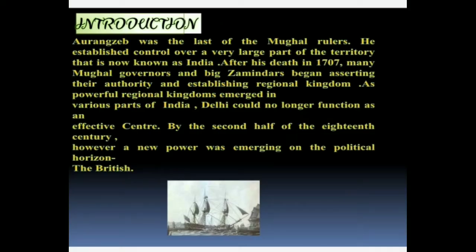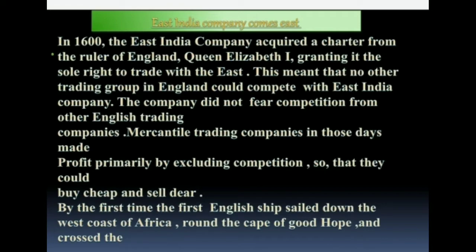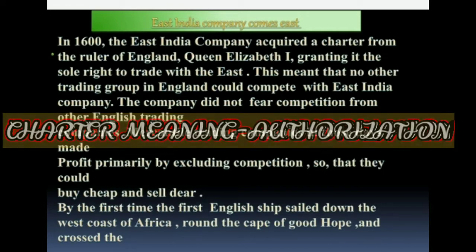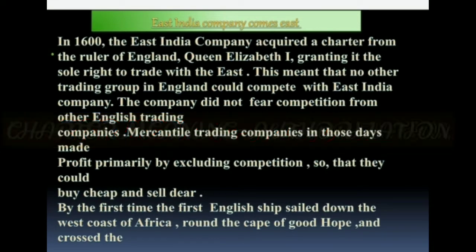So it all started with the Mughal Emperor Aurangzeb. He was one of the last and most powerful rulers in the Mughal Empire. After the decline of Aurangzeb, there was no other person powerful enough to rule the Indian country. It was at that time the British East India Company started to gain momentum in our Indian country for trading. In 1600, the East India Company acquired a charter from Queen Elizabeth I in order to do trading